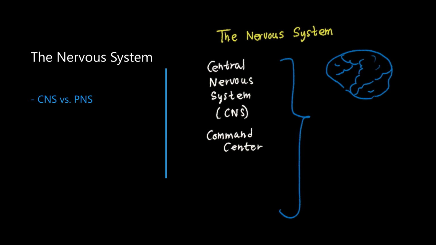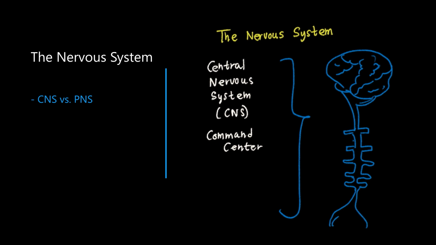The nervous system is divided into two major parts. The first is the central nervous system, or CNS. This is the command center. It consists of the brain and the spinal cord. The brain is the main processor, where information is interpreted, decisions are made, and memories are stored. The spinal cord is the main data cable, a superhighway for nerve impulses travelling between the brain and the rest